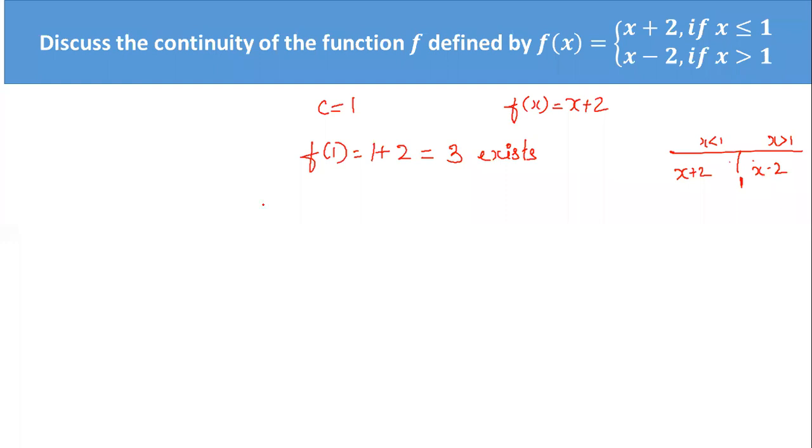Okay, so what is left hand limit? Left hand limit is the limit of f of x as x tends to 1 from the left. From the left means x is less than 1. So when x is less than 1, which definition you have to use, students? The first one or the second one? Listen properly, x less than 1. This is greater than 1, this is less than 1. So the first one you have to use. So the first one is x plus 2 as x tends to 1 from the left.